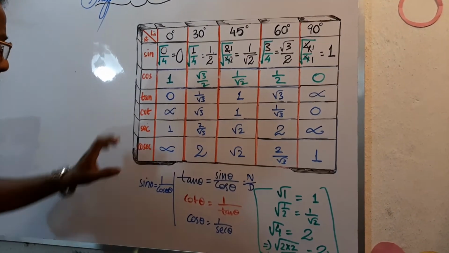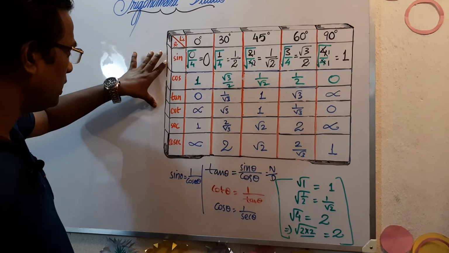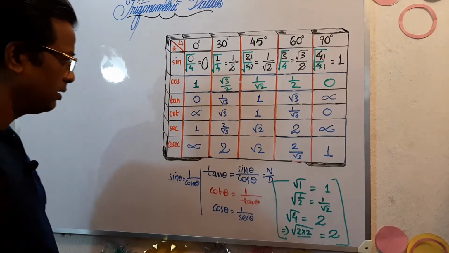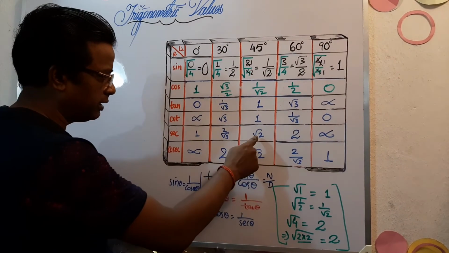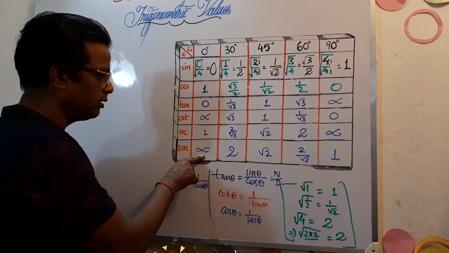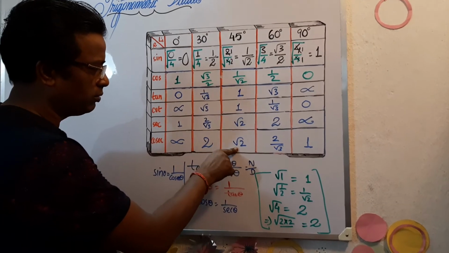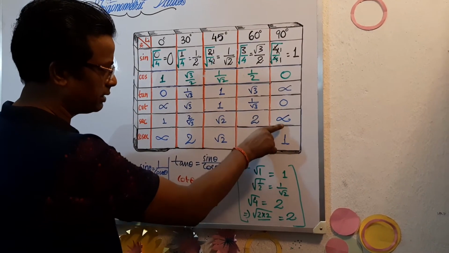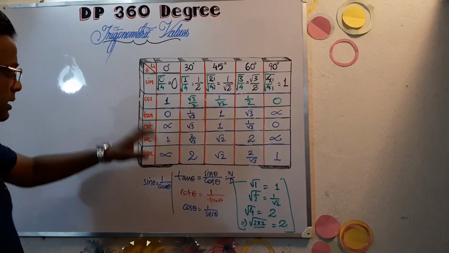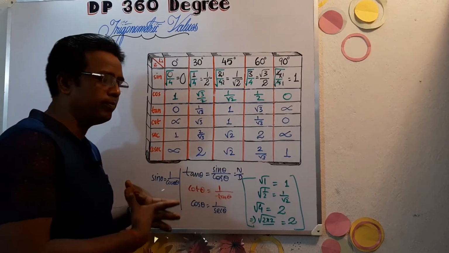Now there is a correlation here. You don't have to remember the inverse function of sec with cos, or sine and cosec separately. Here, from 1 to infinity the value is increasing: 1, 2 by root 3, root 2, 2 and infinity. You write it in reverse order here: undefined, 2, root 2, 2 upon root 3, 1. Correction, this is not infinity, this is undefined. This is how you explore all the values for the measure angles.